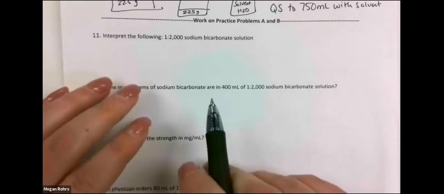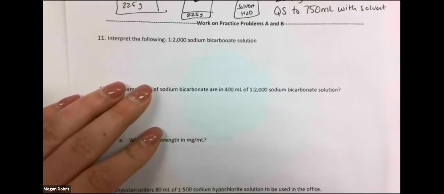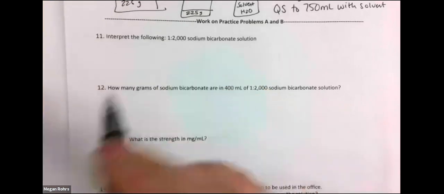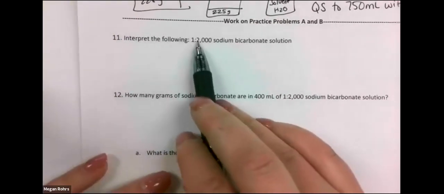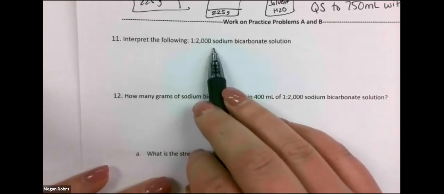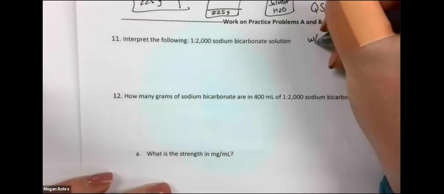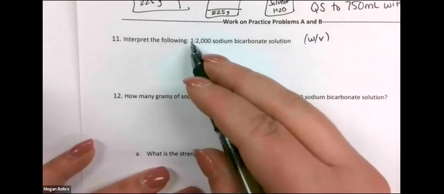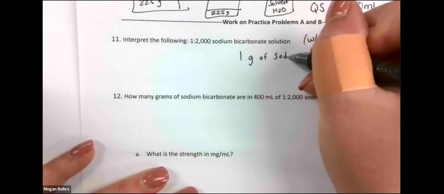Okay, so number 11 on the worksheet, it says interpret the following. We have a 1 to 2,000 sodium bicarbonate solution. So we're just writing out the interpretation. What does this mean? Well, remember ratio strength, our 1 is always our active ingredient. So here, they don't specify weight per volume, weight per weight, or volume per volume. So remember, we always assume weight per volume unless they tell us otherwise. So in this case, we would have 1 gram of sodium bicarbonate